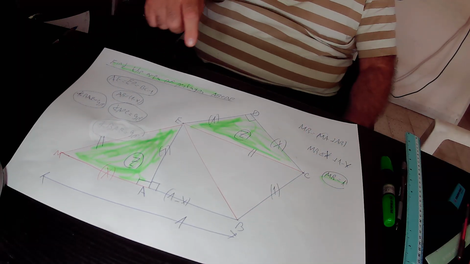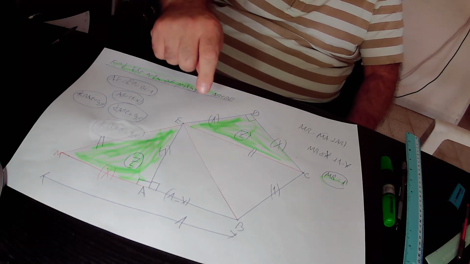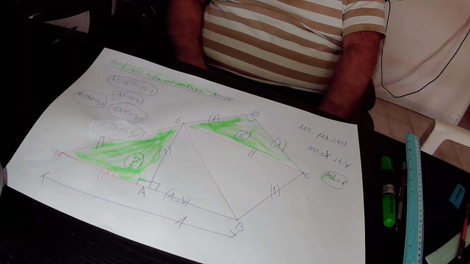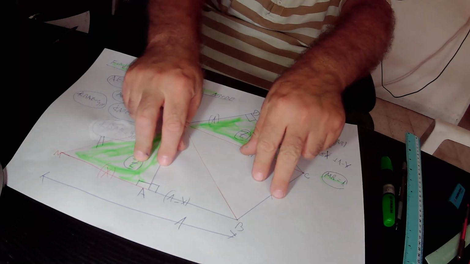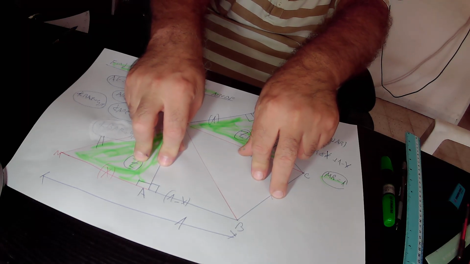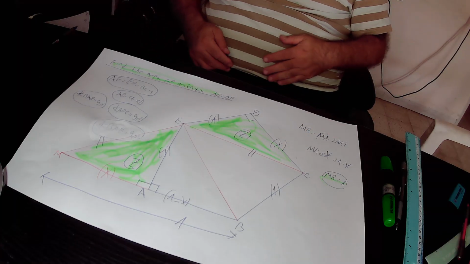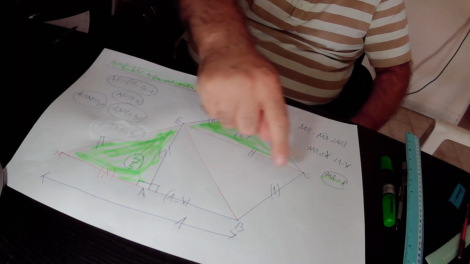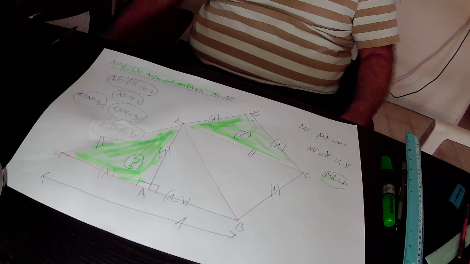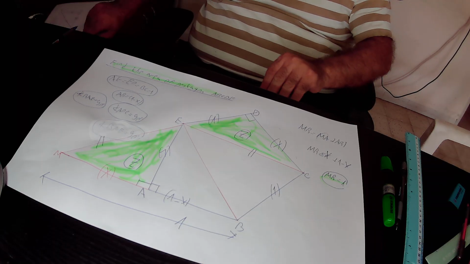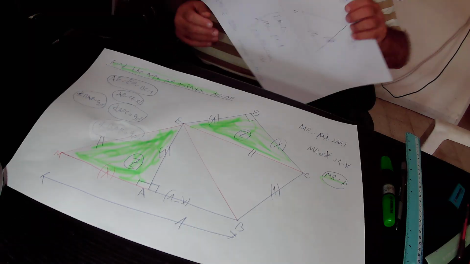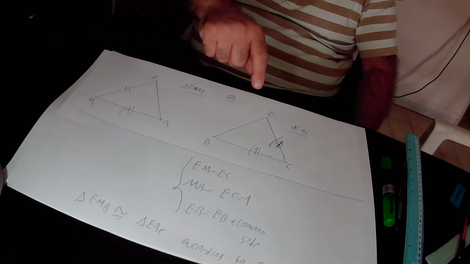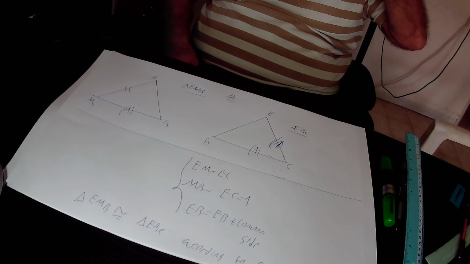In the next step, we prove that this triangle MEB is congruent to this triangle BEC according to the side side side rule. So we prove that those two triangles, MEB and EBC, are congruent to each other according to the side side side rule. Those are the two triangles from the original drawing. This is triangle EMB, this is triangle EBC. So why can those two triangles go into each other? First of all,